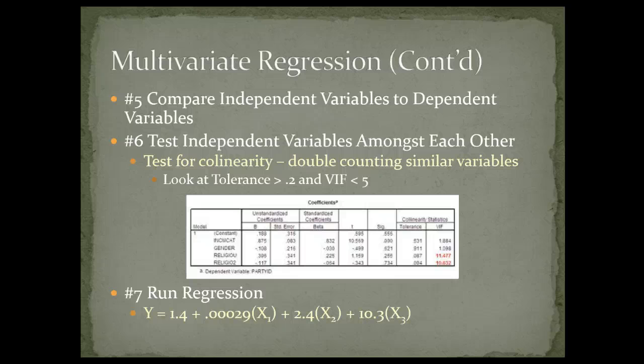So we're going to look at tolerance and the variance inflation factor, VIF. And for collinearity to occur, the tolerance has to be less than 0.2, or the variance inflation factor must be greater than 5. And we can see here on the table